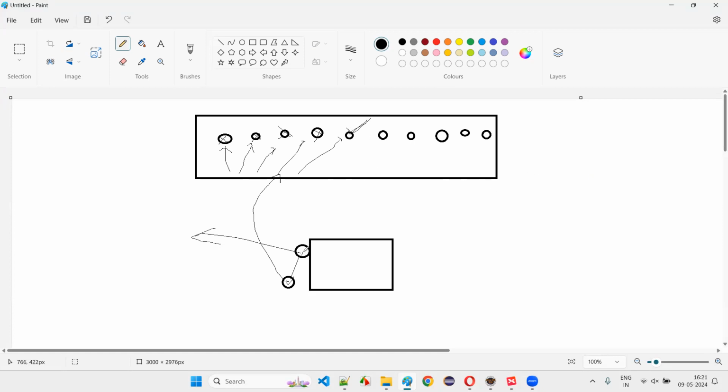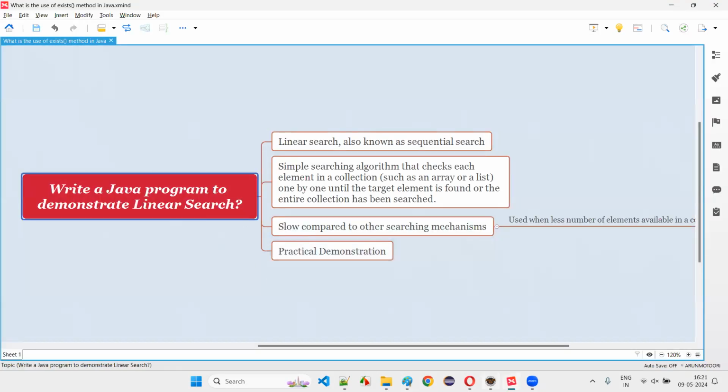Since you identified the face of the thief, you have to go to the police station when they call, and see the face of each and every suspect in sequential order until you find the face of the thief who has really stolen from your house. This is what sequential search or linear search is, guys. But what if